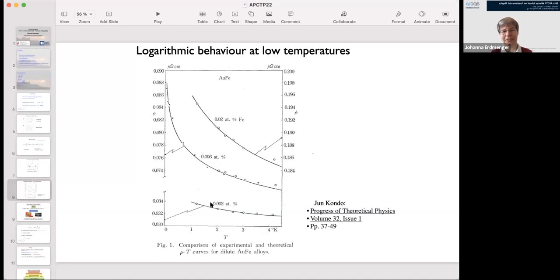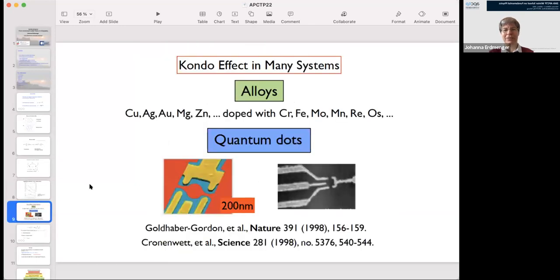Okay, so I guess these points are the measurement, and the black lines are what is obtained from this calculation that I just showed to you. So this one loop calculation explains very well this behavior that is seen in real world conductors. Here's a slide that I borrowed from Andy O'Bannon, and he gave some examples where this appears, and this is really very universal for lots of metals and conductors doped with many other magnetic impurities.